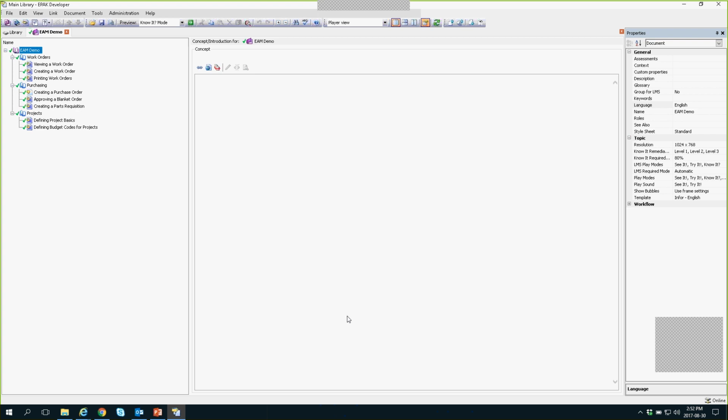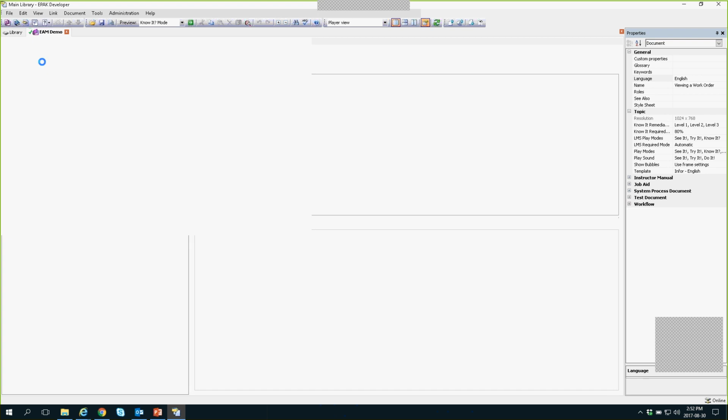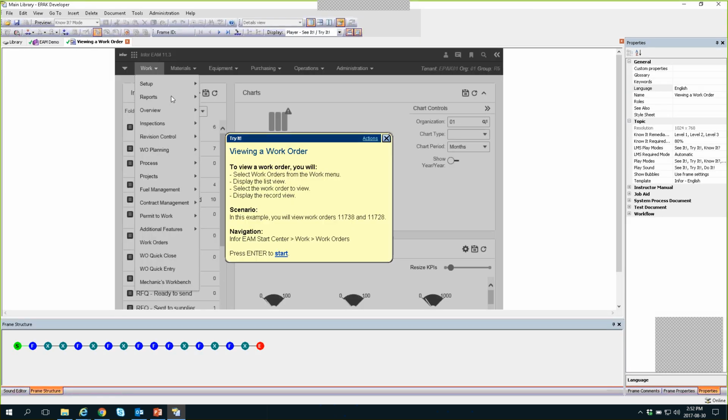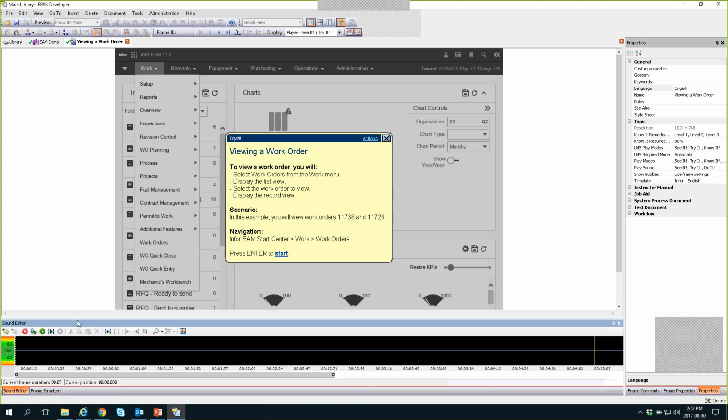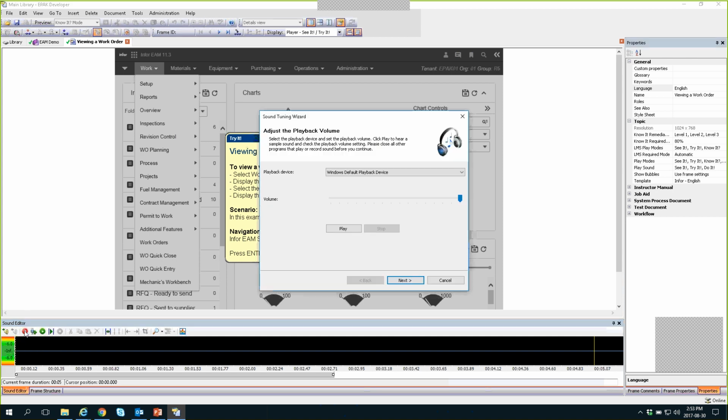The second way you can add audio is after the fact. So if I just open this particular procedure, there's a tab where the frame structure is located. It's called the sound editor. And I can add audio directly from here. So this would be a frame-by-frame situation. When you're adding the audio, you can choose to just say exactly what's in the bubbles, or you can add your own customized audio as well. All you do is, for every frame, you just hit your record window,